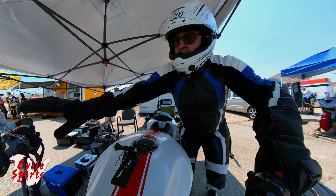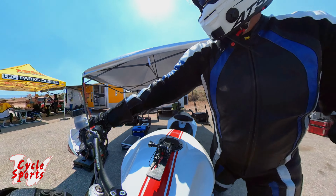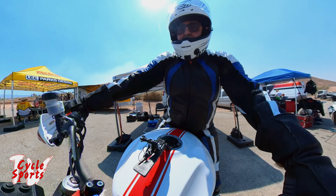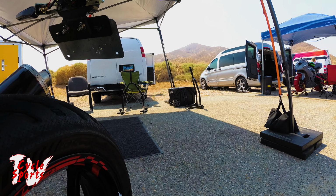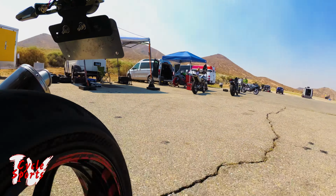I need to lose about 50 pounds, and I also need to adjust the cockpit to make it a little bit roomier for me. The seat's a little bit too low, and I need to be able to get my butt back a little bit more. So I'm not able to move around as I'd like to, but overall the bike works extremely well. I could say with the upgraded suspension, brakes, everything,